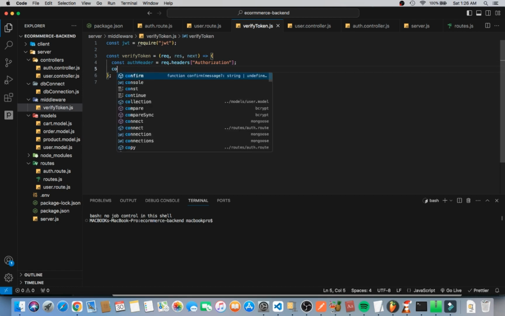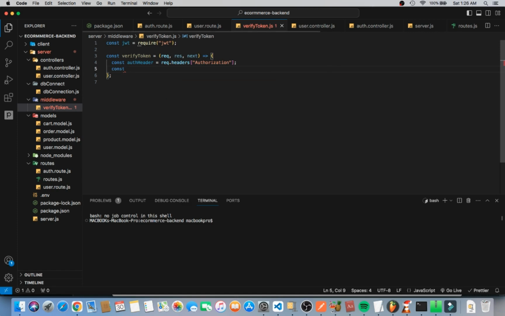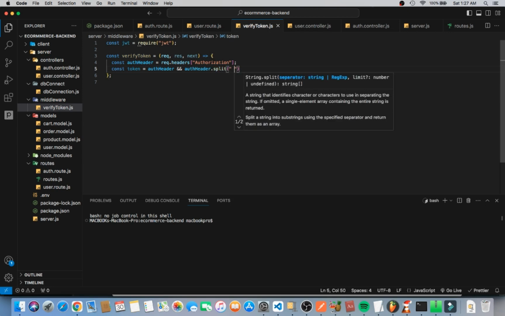And then in this authorization we are going to create another variable, and then we are going to name that token. Okay, so once we create this variable named token, we are going to take this authHeader, and also take the authHeader, but the second value of it. So authHeader.split, and then we are going to just give it some space, and then we are just going to